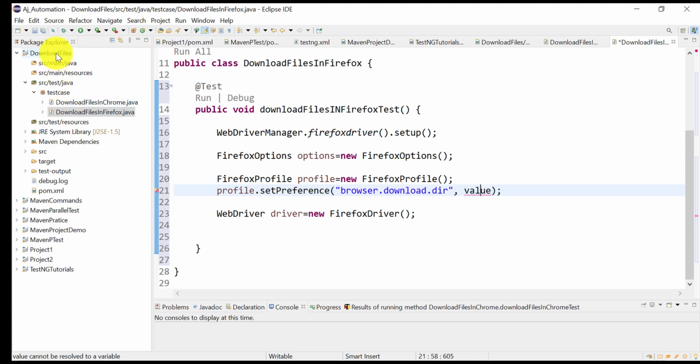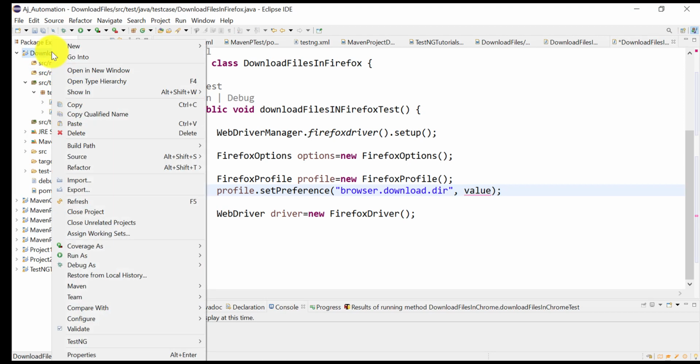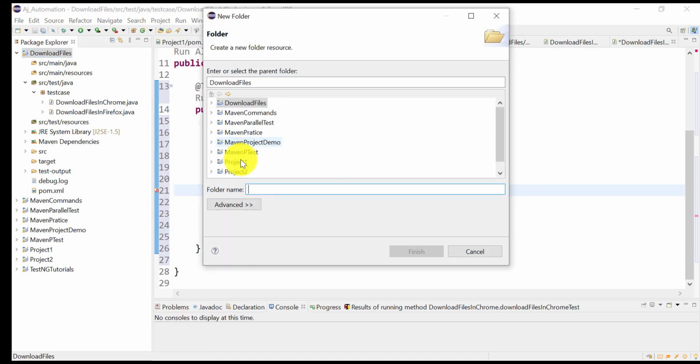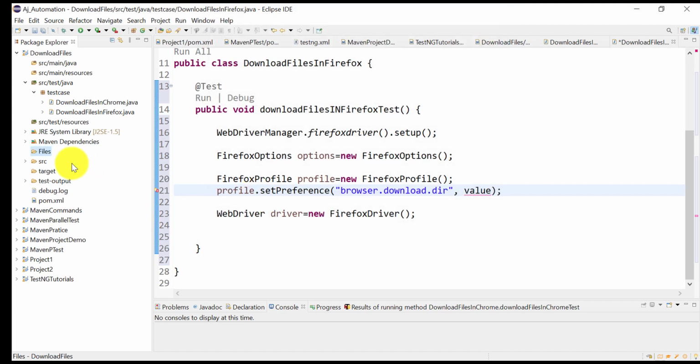Let us create a folder over here. At the framework level we will create the folder. Okay, click on folder and let's give that files folder. Okay, finish.